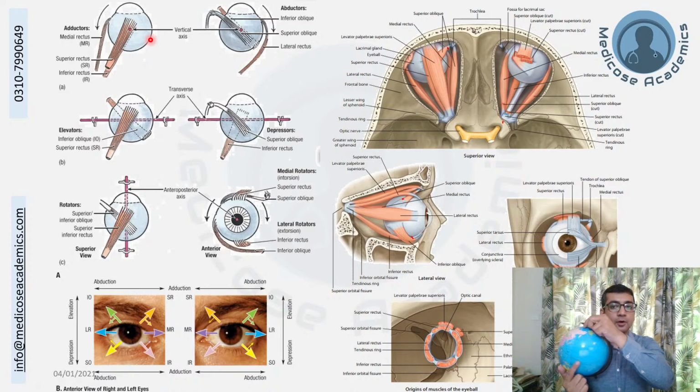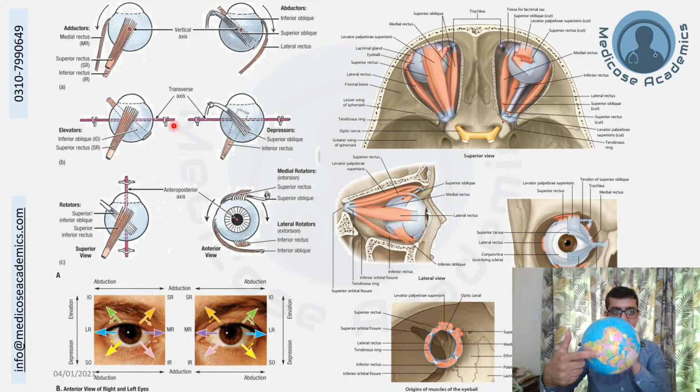I will be talking about the right eye as a reference. So along the vertical axis, the eye can look laterally, that is known as abduction, and the eye can look medially, that is known as adduction. The second axis is the transverse axis. This is the transverse axis going from side to side, and along this axis the eye can look up, elevation, or the eye can look down, depression. And then we are left with the